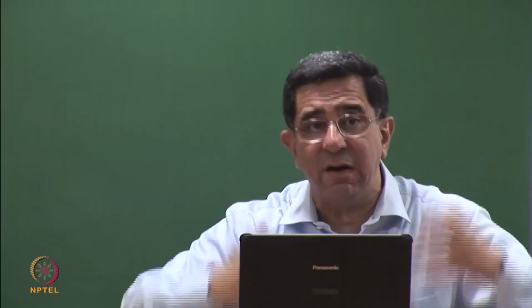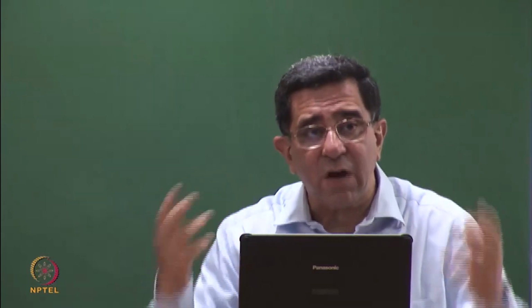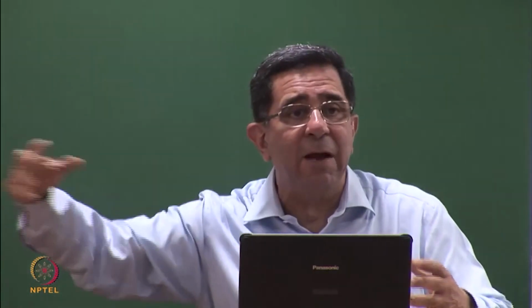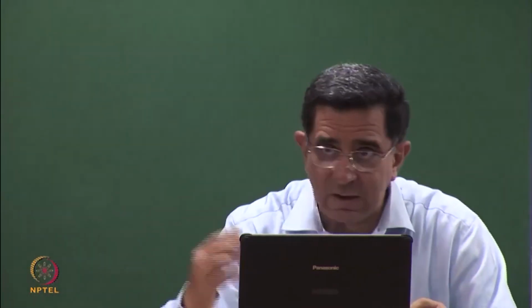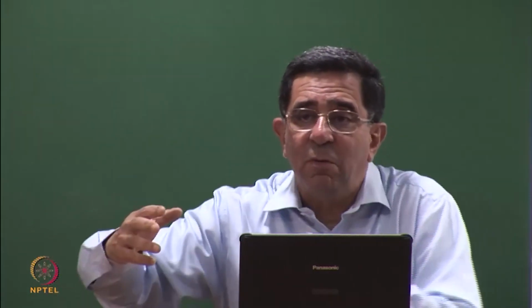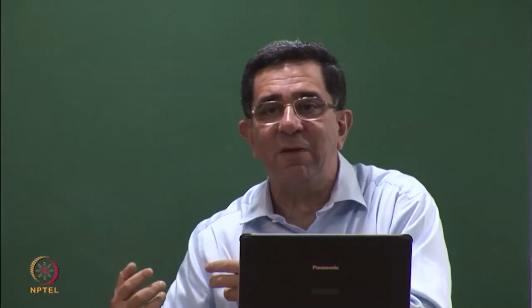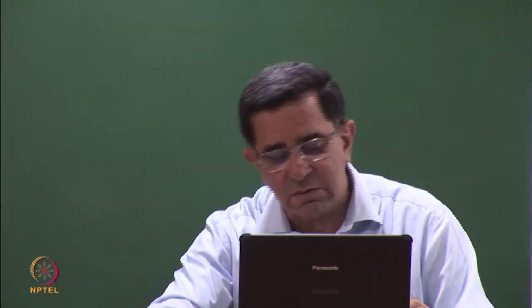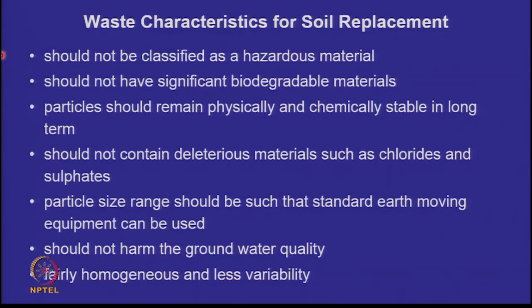It may gradually change, it's fine, but if you are digging up from some place and suddenly you find the material is changing drastically, and in the same length of the embankment, at one place it's a fine grained soil, and at another place it's a coarse grained soil, you can design for it, but then your embankment section has to change. You're making a lake embankment, the fine grained soil was fine, suddenly you find a lot of coarse grained content, seepage may start to be excessive through that part. So, then you have to make those design measures. So, it should be fairly homogeneous and have low variability. If you can do all this, you've got a good material.